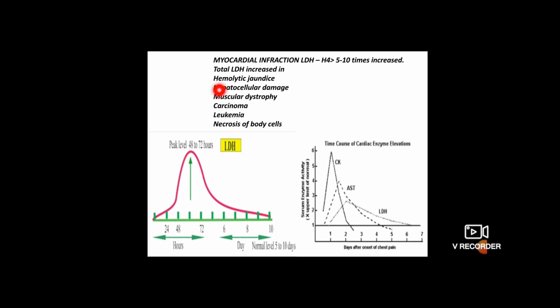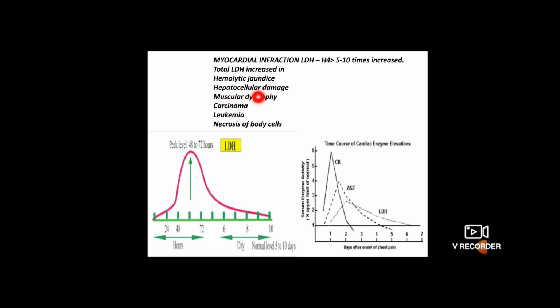What happened here? The porphyrin ring of the heme will get converted to bilirubin. That is the route how it is degraded or catabolized. So it will be converted to bilirubin, and from bilirubin will be converted to conjugated, unconjugated, and then enter the bile duct, and thereby it is converted to urobilinogen, and in the kidneys, it is excreted as urobilinogen as well as stercobilin. This is a normal route of catabolism of the heme. But here more of heme is getting lysed. So that's why it is called hemolytic jaundice.